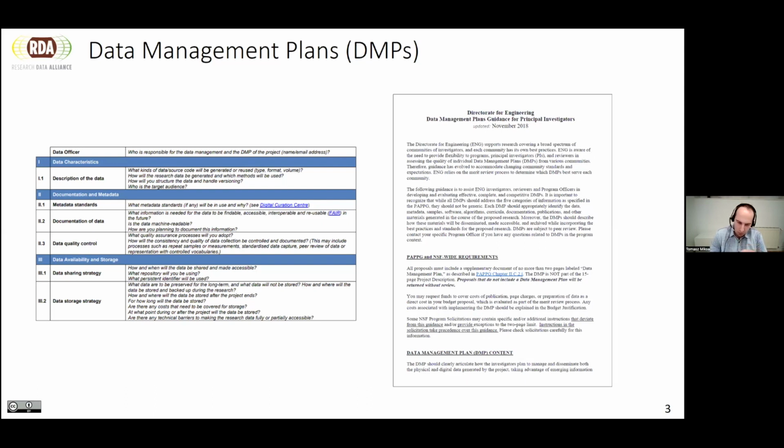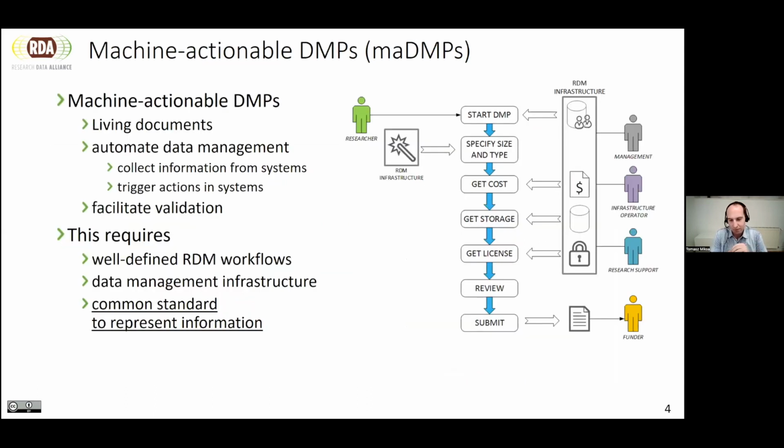And for this reason, we started to make a survey and talk to different stakeholders involved in research data management to identify their needs and to find out what really would make a DMP a useful thing for researchers, but also for others. What is the information that these different stakeholders can provide?